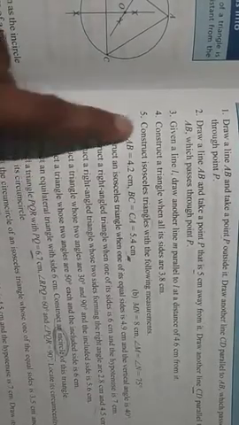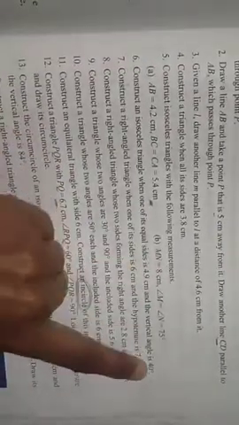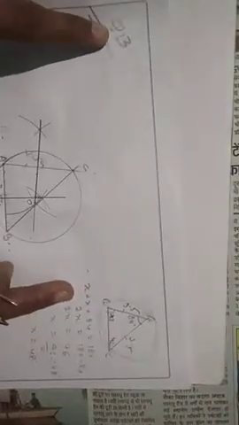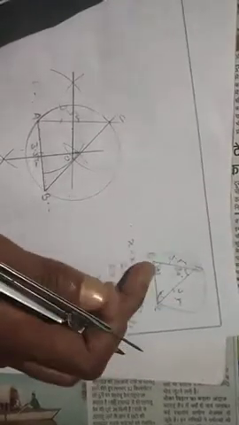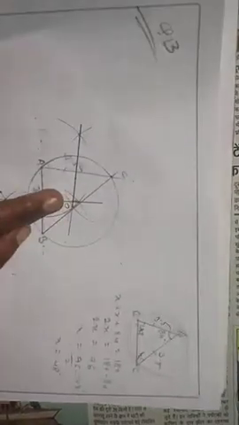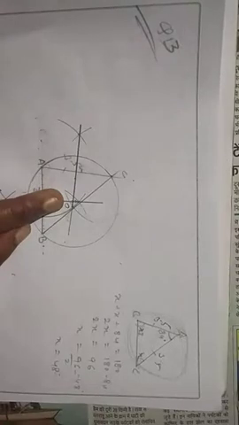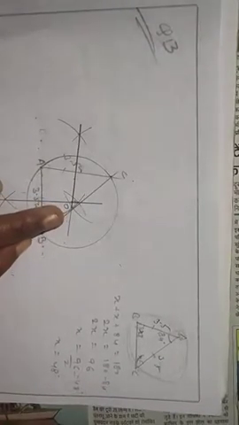Okay. Question number 6, students. You have to draw an isosceles triangle whose one of the sides is given and the vertical angle is 40 degree. It is just the same as question number 13. The vertical angle is given. You can find out the other two angles and then draw this side and two angles. And then you have to draw the isosceles triangle. In this question number 6, you don't have to draw the circumcircle. Only the isosceles triangle you have to draw.